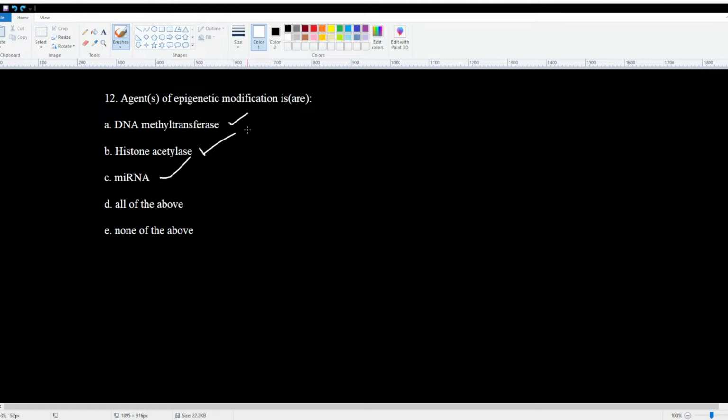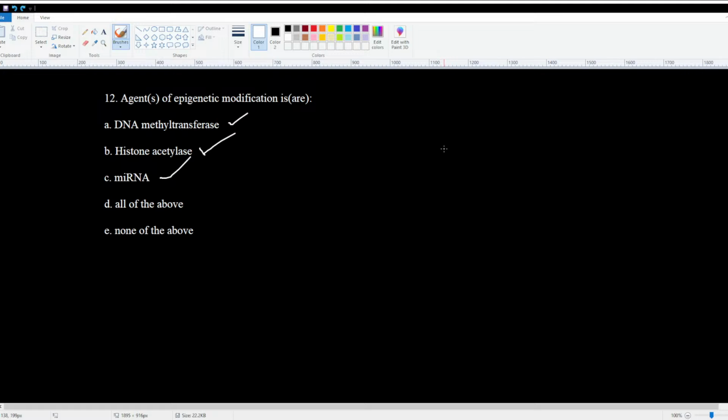Histone acetylase, if we have more acetyl groups, there's going to be more gene expression. If we have less acetyl groups, there's going to be less gene expression, because what the acetyl groups do on the histone is that they actually loosen up the DNA, making it available for transcription. And DNA methyltransferase does kind of the opposite. Well, it doesn't do the opposite. What it does do, however, is that it adds a sort of flag to the